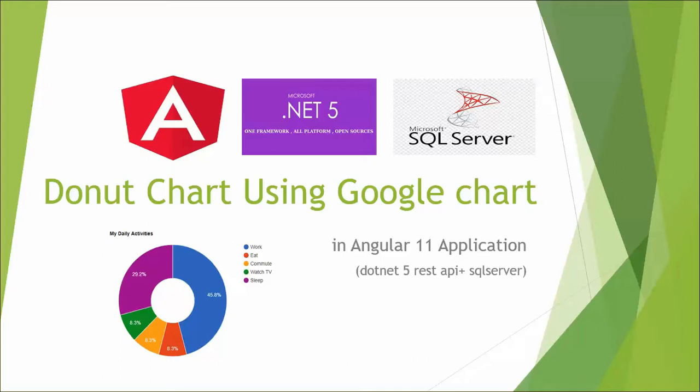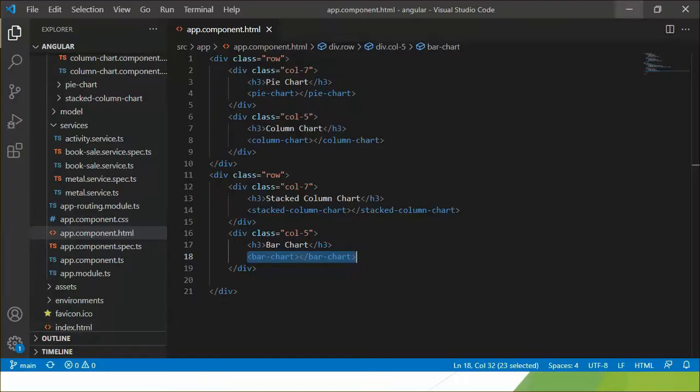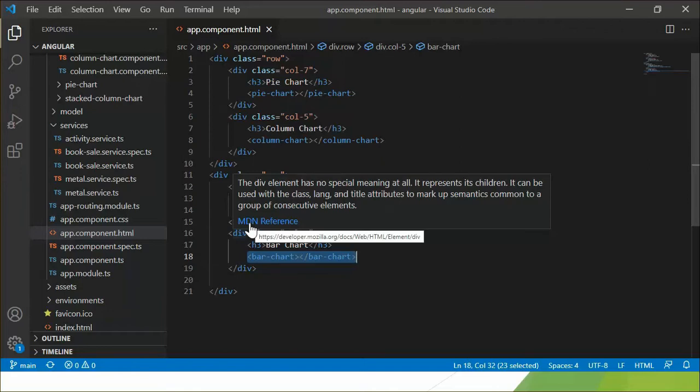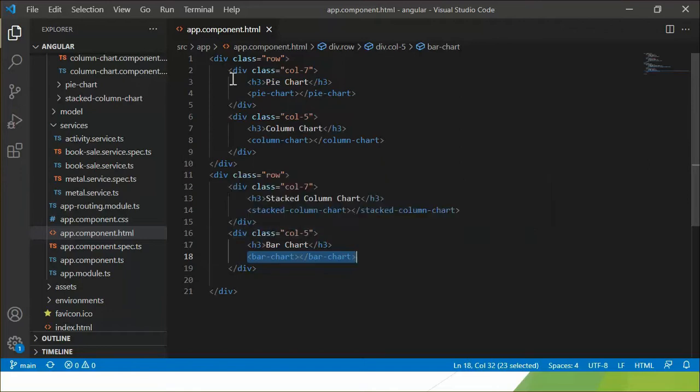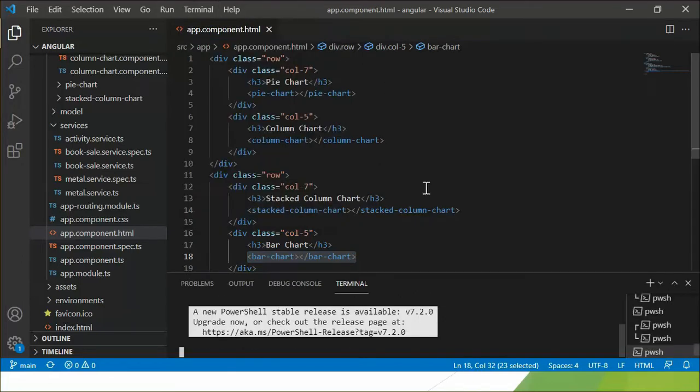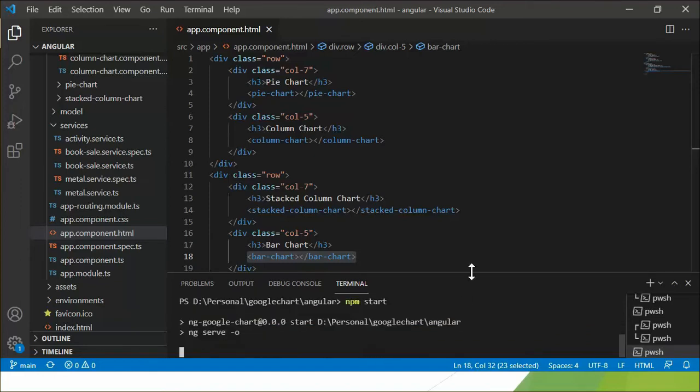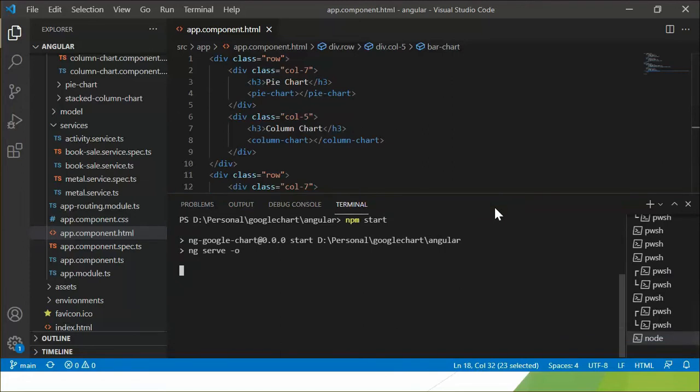I'll be using Visual Studio Code as a code editor. Let's open the project using Visual Studio Code. This is the project I had created in the last video of this playlist. In the terminal window, run npm start. This will run the application in the browser. If you are an Angular developer, you are familiar with this command. If you are not, please watch my Angular fundamentals playlist.